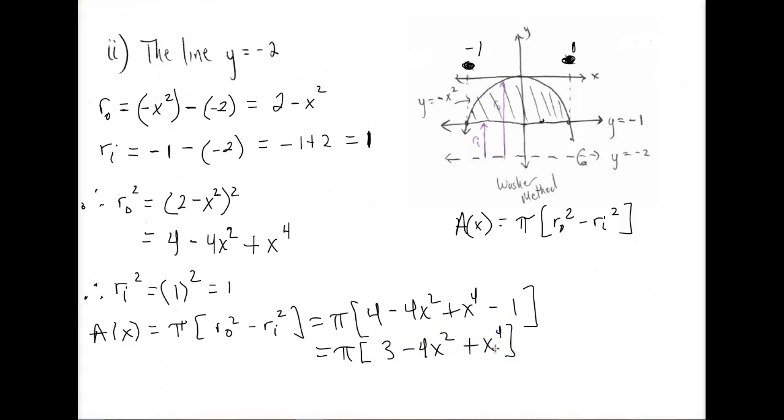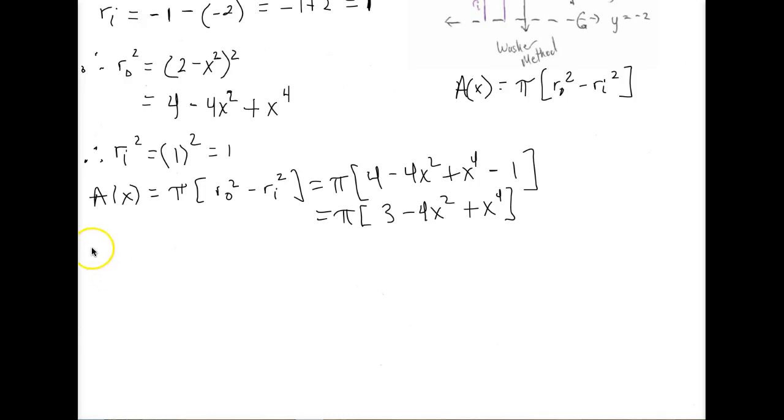So now all we have to do is integrate that. Therefore, our volume is going to be defined as the integral from -1 to 1 of pi times (3 minus 4x squared plus x to the 4th)